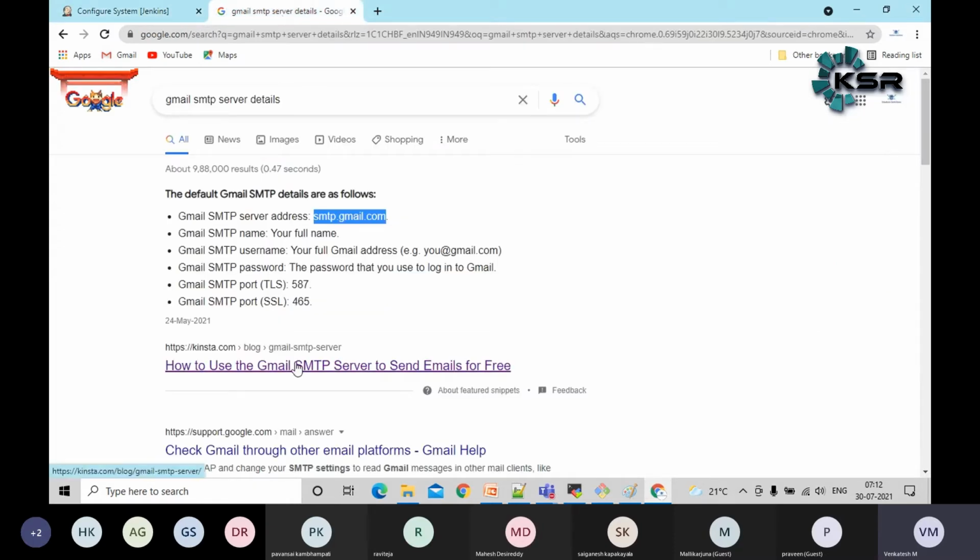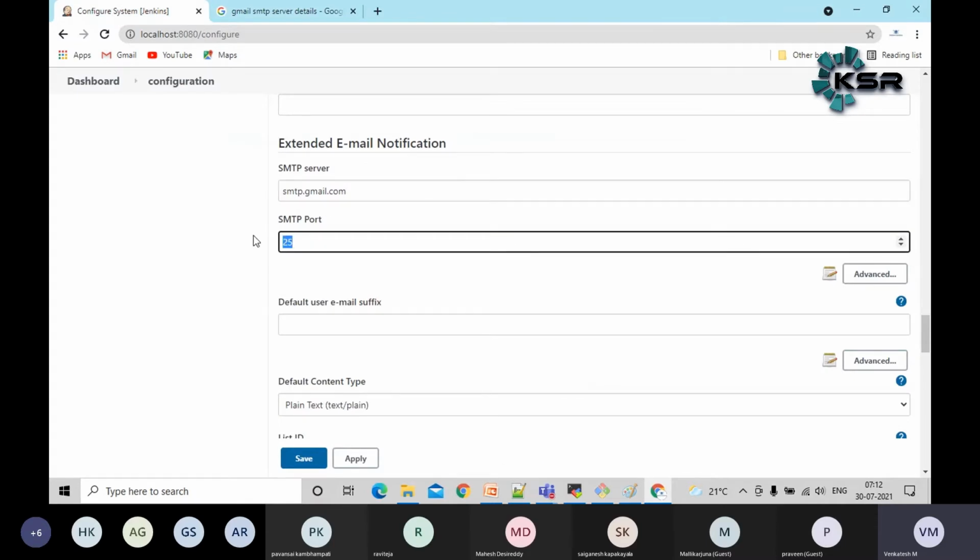Now, in the SMTP port section, we have two options, guys. One is TLS, one is SSL. These two I will try to cover in real time, when you start with the workshops. No worries. Currently SSL is also a secure certificate, but TLS is more secure, guys. In most companies we are using TLS. So let's copy this, TLS port 587. Now I'm configuring this TLS port.